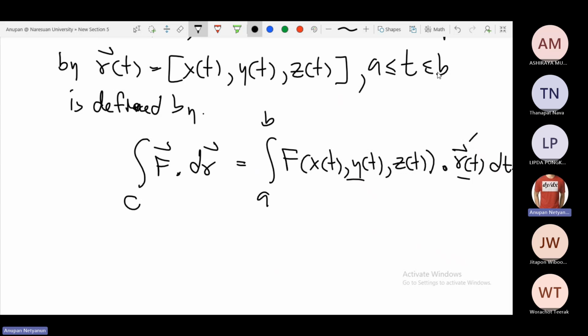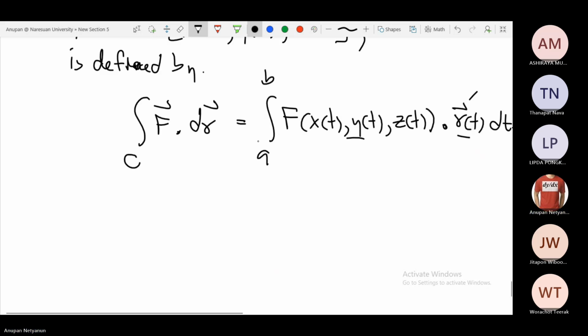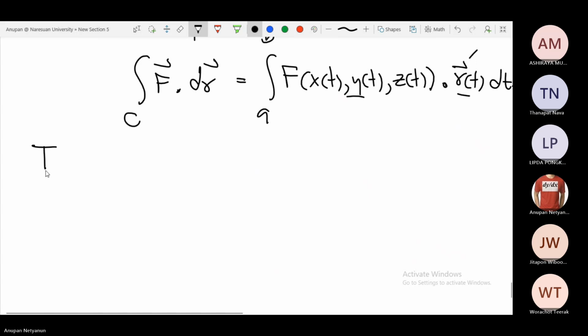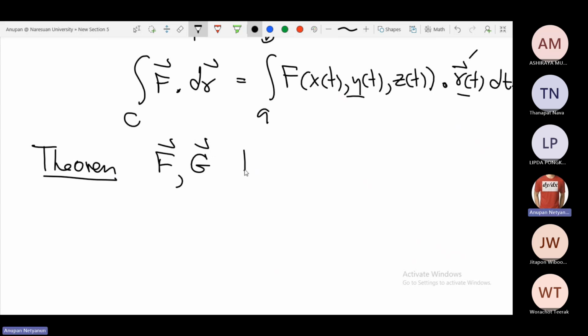Let's see how we can calculate the line integral. But before that, let me give you the properties of the line integral. Theorem: let f and g be vector functions,